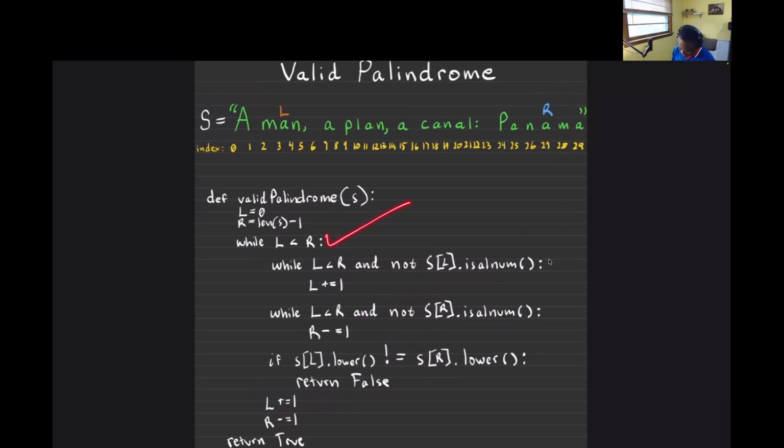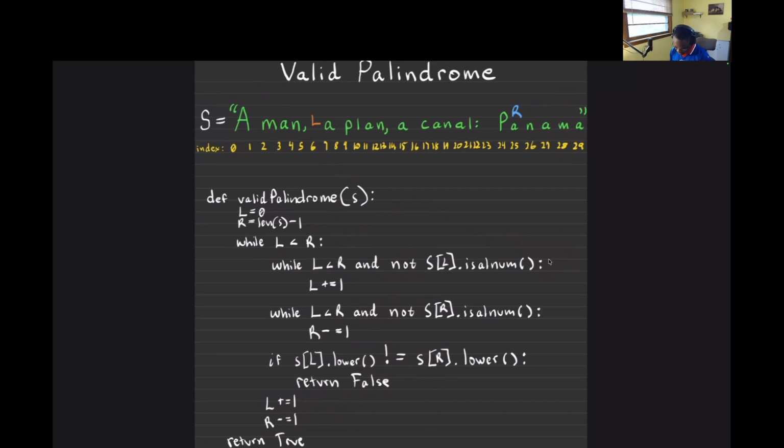We're still inside this while loop. This doesn't hold, this doesn't hold, this doesn't hold. So we continue on with incrementing left, decrementing right. And you notice that we'll do it again because these are valid, they match. Left comes here, right comes here. In this case though, we'll hit this one here first because this comma is not an alnum, right? It's not an alphanum. So left comes here,